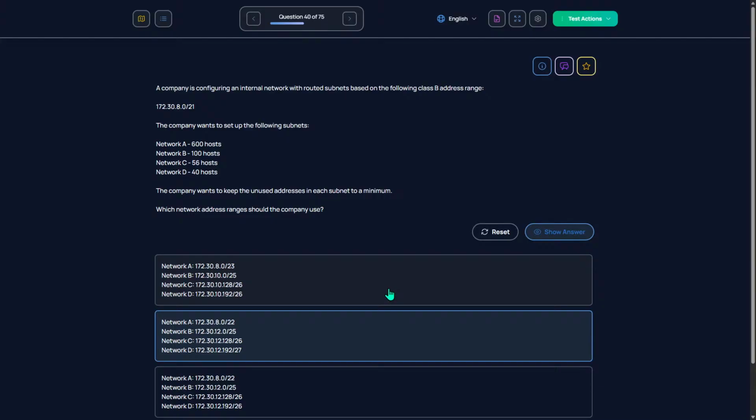They want to set up the following subnets. Network A needs to be able to support 600 hosts.